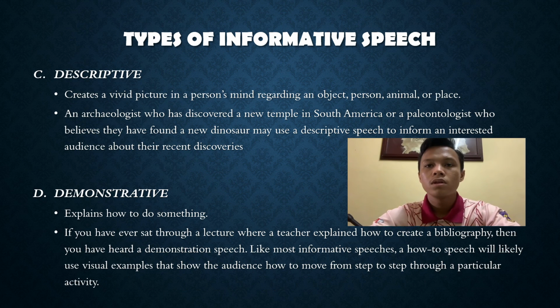Okay, so the third is descriptive. Descriptive is create a vivid picture in a person's mind regarding an object, person, animal, or place. Okay, for example is you found an accident and then you describe about the accident to the other person. Okay, so that is